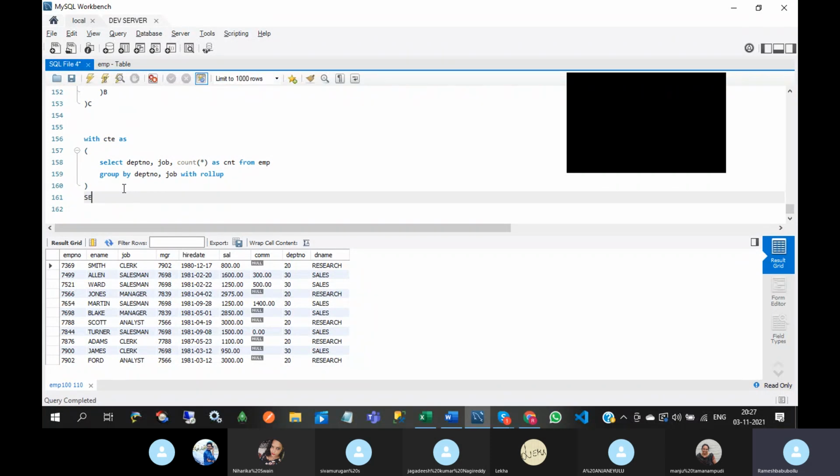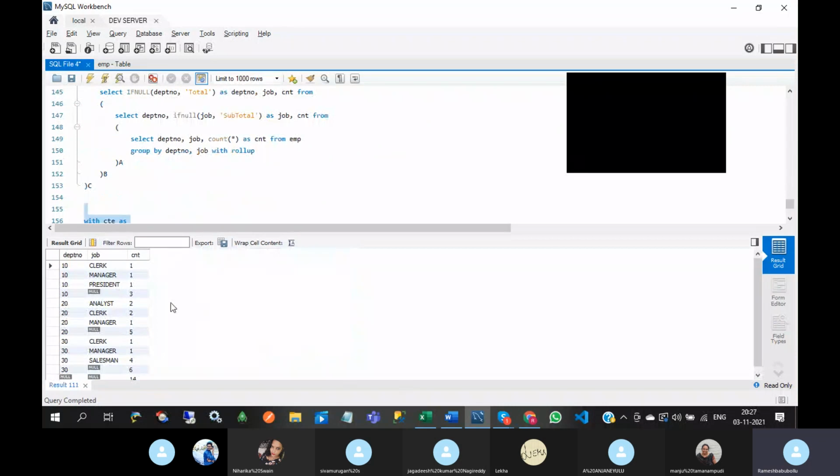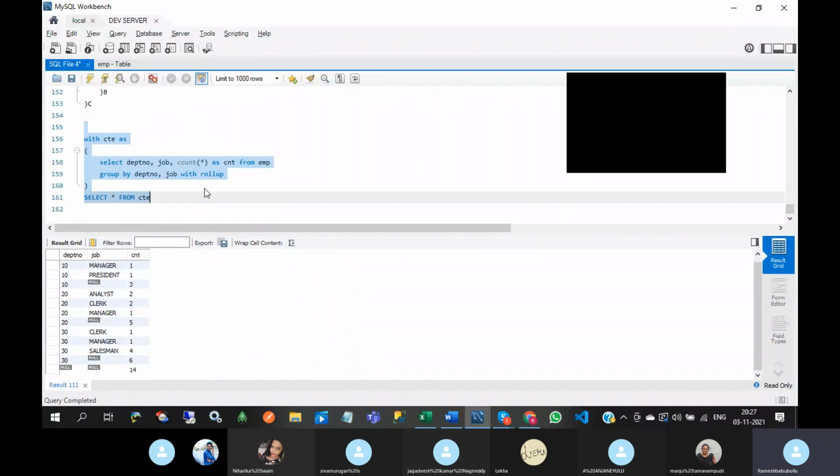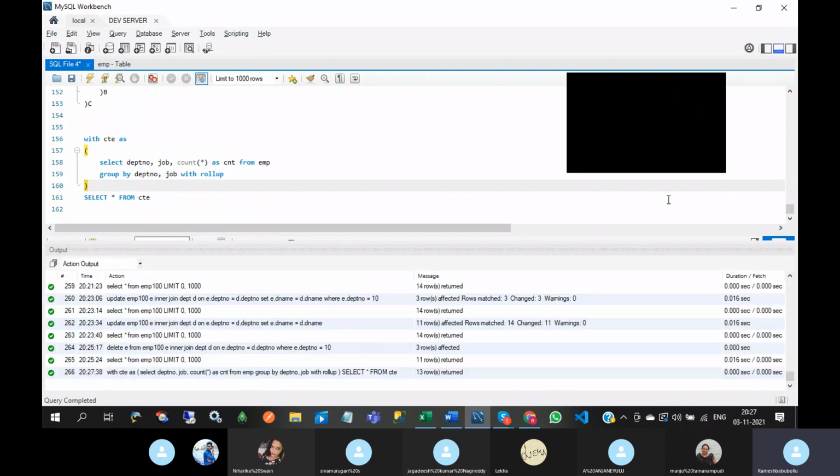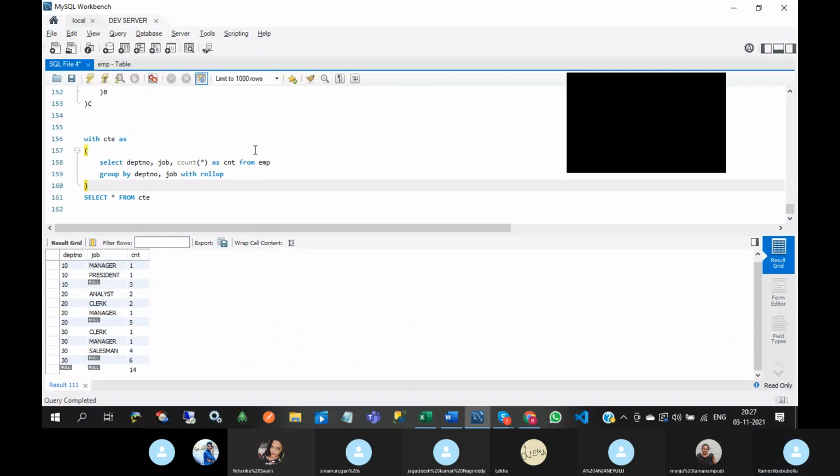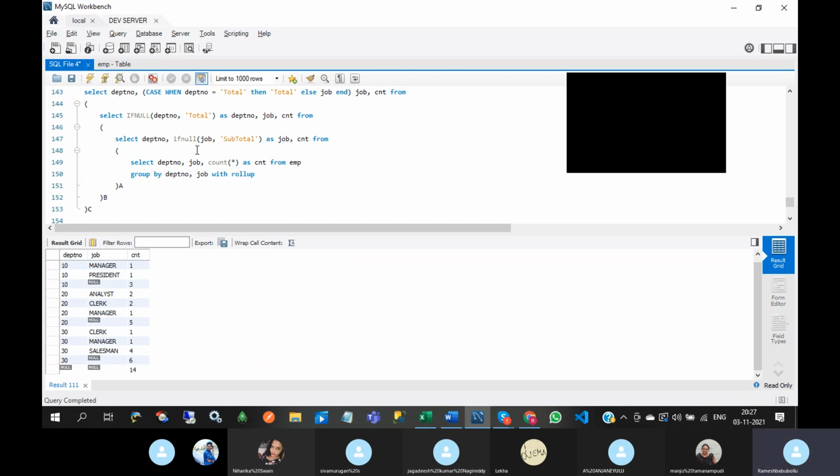After this, select star from CTE. So here the alias name is CTE. Okay, so CTE means common table expression. See this. Again, you can have more after that.